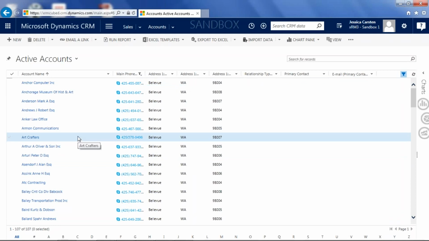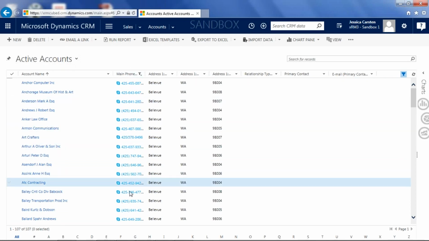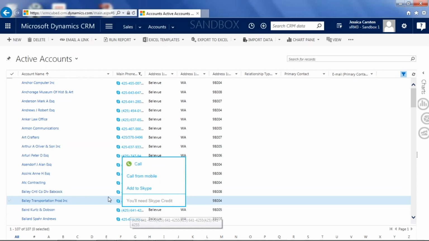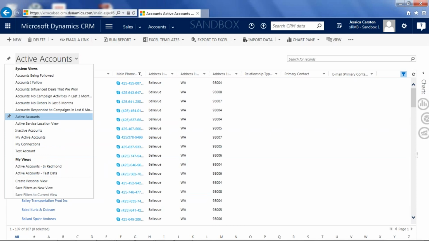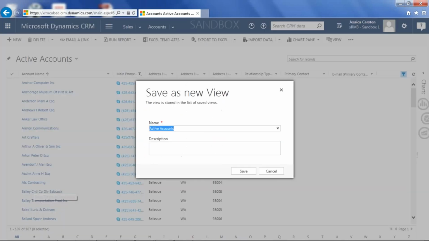Now let's say that's a filter that I'm constantly doing for accounts, and I want to look at active accounts. That's the view I'm working with the bulk of the time, but I also really do pinpoint and look at these accounts often because this is in my territory or whatever the case is. I'm going to actually click here, and you'll see this option when you have filters turned on and you're looking at a filtered view. You'll see this option down here. It says Save Filters as New View. So I can actually quickly just click this,